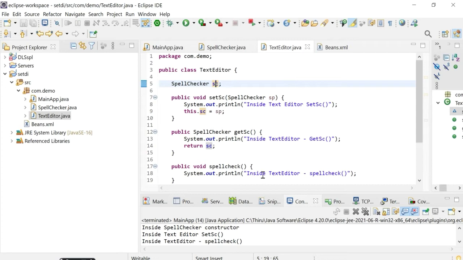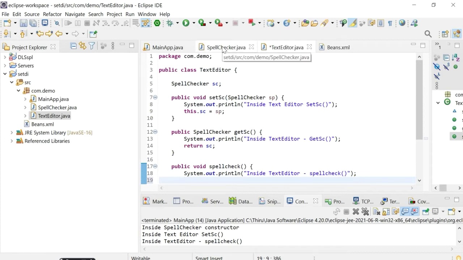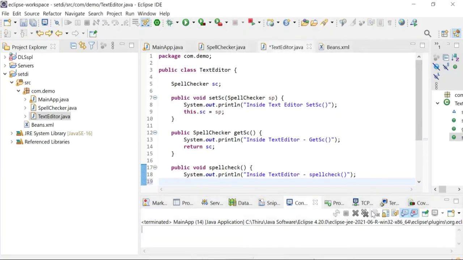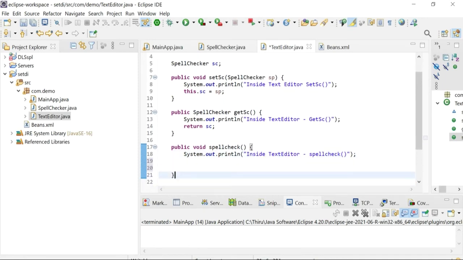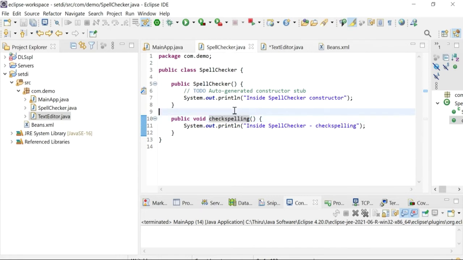This is the text editor. Here we have to call the spell check, I mean the check spelling. You can see in the spell checker there is a method checkSpelling. This method should be called. It exists in the spell checker.